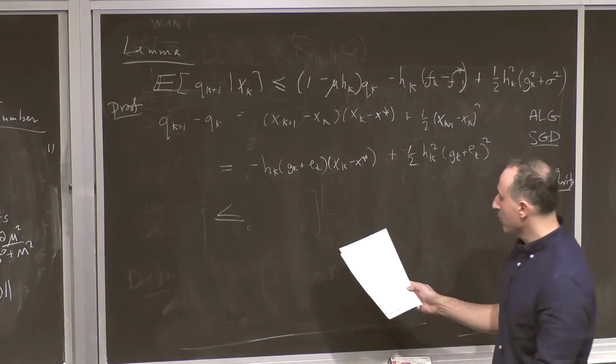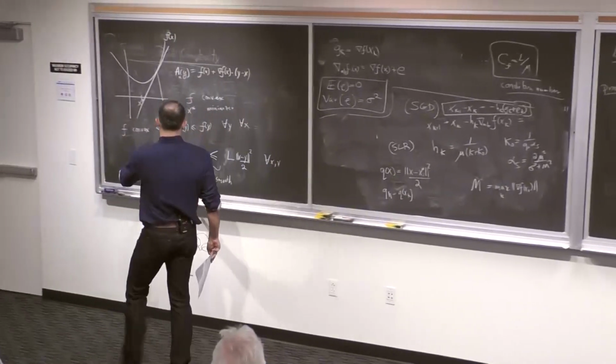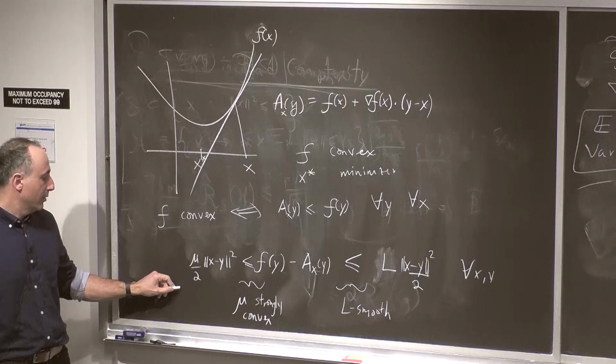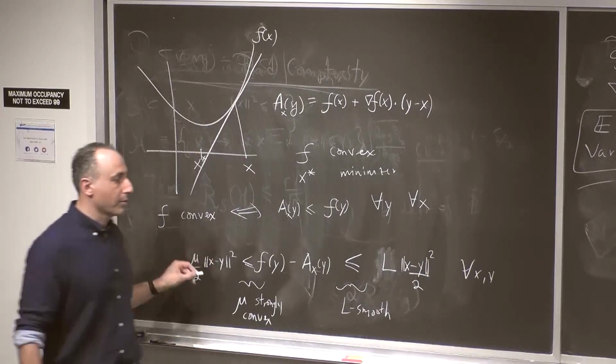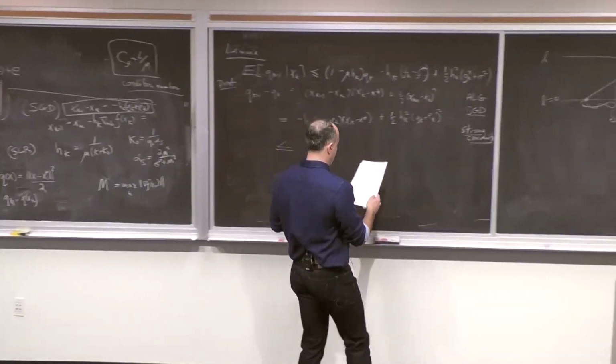So when we do strong convexity, this is my q. I'm going to take y to be x star. And so there's my quadratic function there with a factor of mu. And so when I apply it,